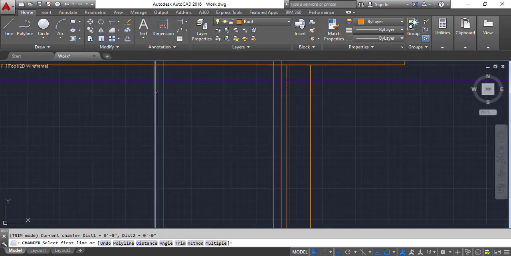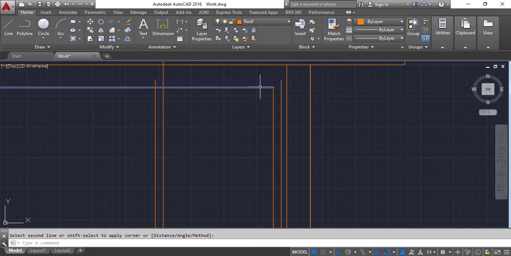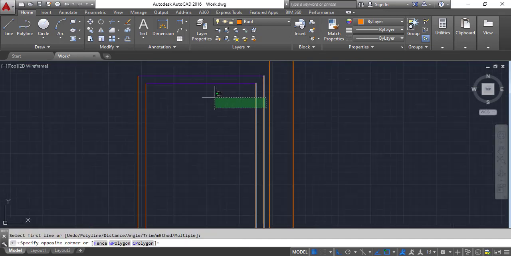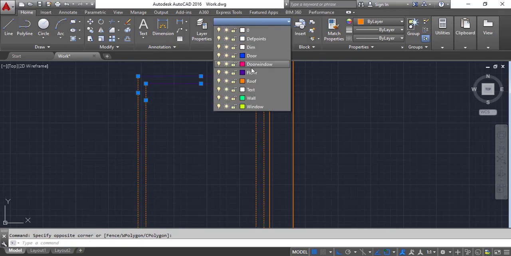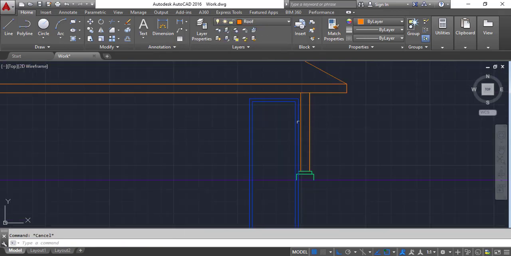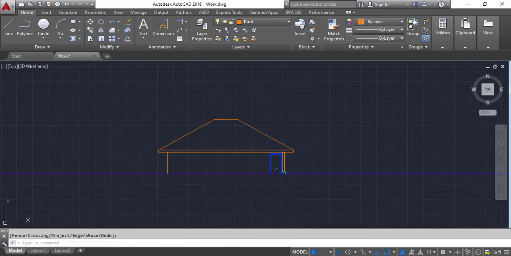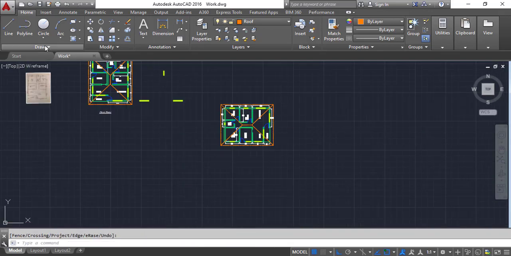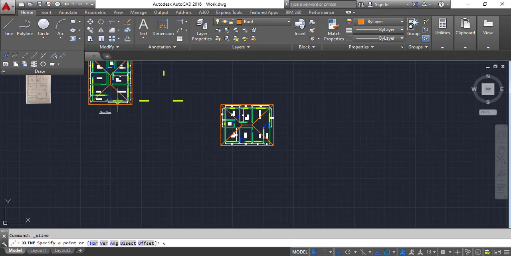You can make chamfer. I'm going to select this for door layer and make it trim this, and construction line tool, enter,